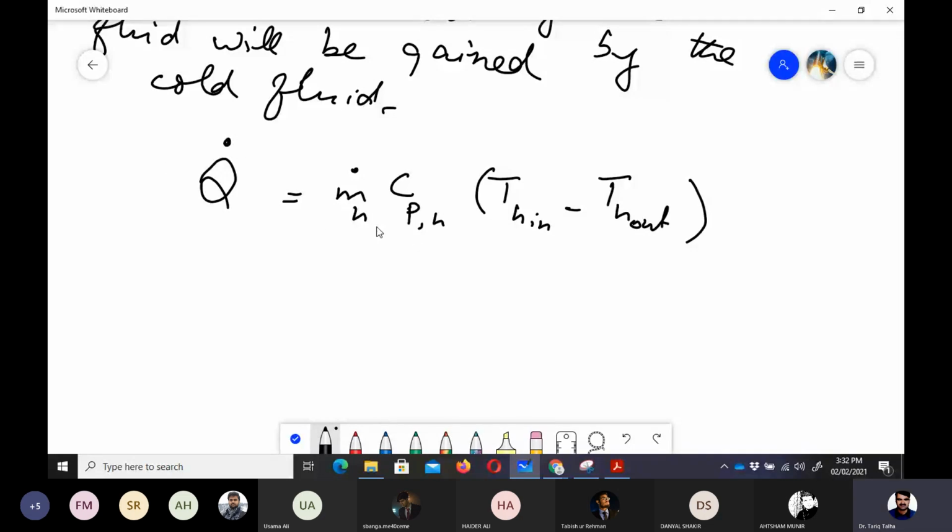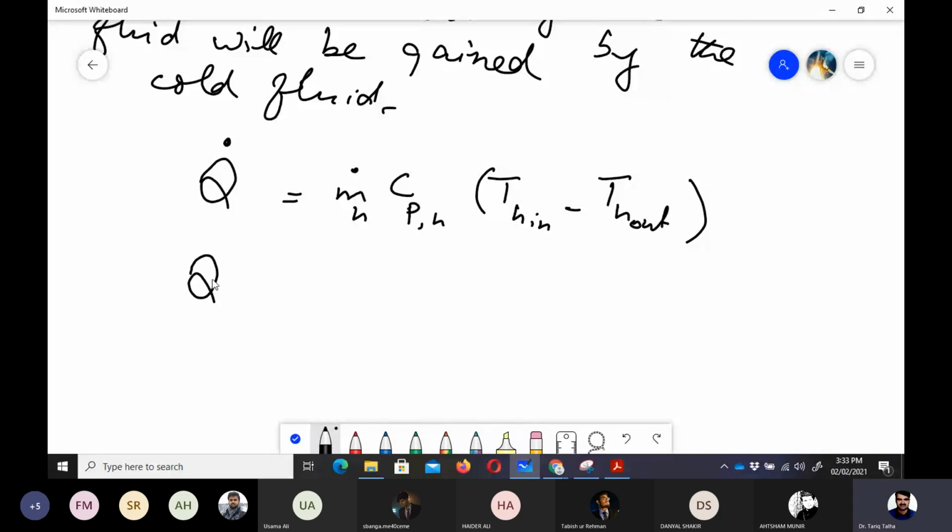Here the subscript h represents the hot fluid, and because the temperature of the hot fluid would drop, Th in minus Th out would always be a positive quantity. But usually, if we want to know the change in temperature, the change would be negative. Final temperature at the outlet, the hot fluid would have less temperature, so the heat would be lost from the hot fluid. So in that sense, it would be negative,